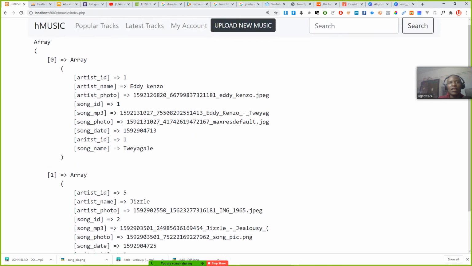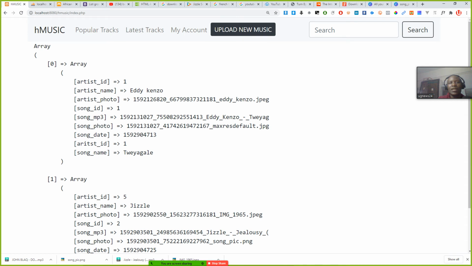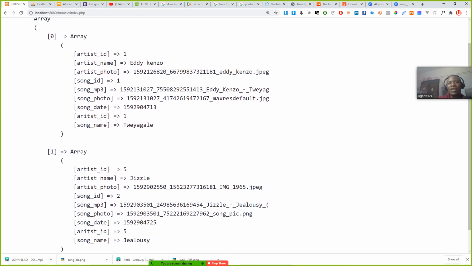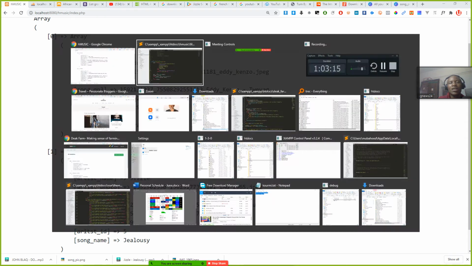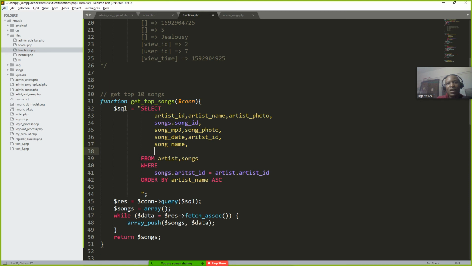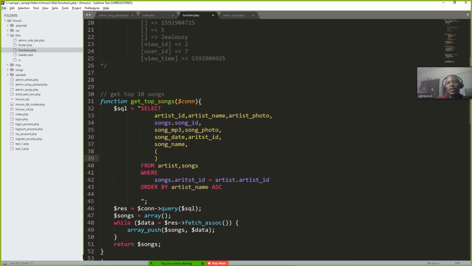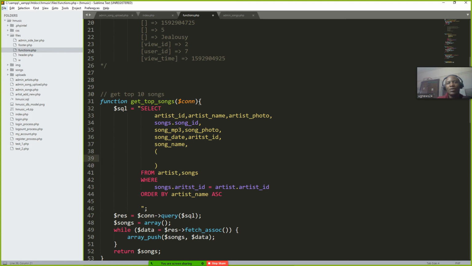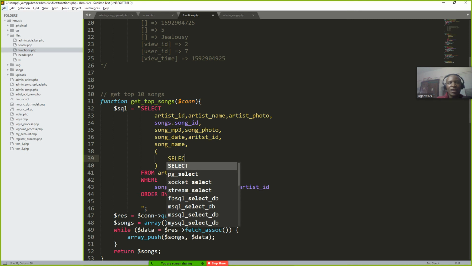Okay. This one is okay. Now I want to add here another column. You see? Here I'm just getting the songs. Now I want to add here another what? Another column of views. Okay. So can I add it there? I can add here under select. I put comma and I put a what? A bracket. And I will use a select a nested loop. Okay, a nested loop. So it will be select